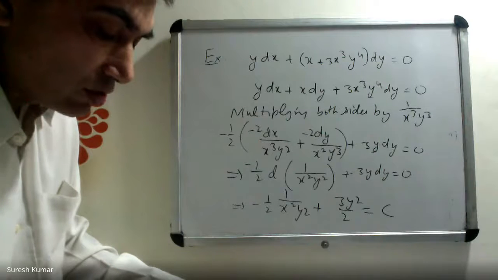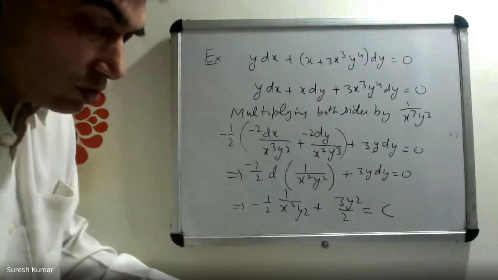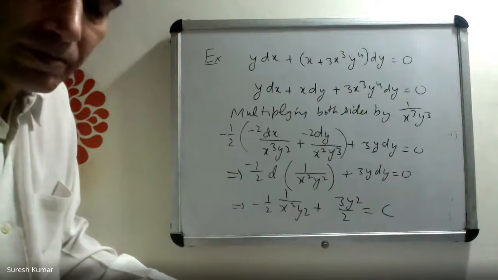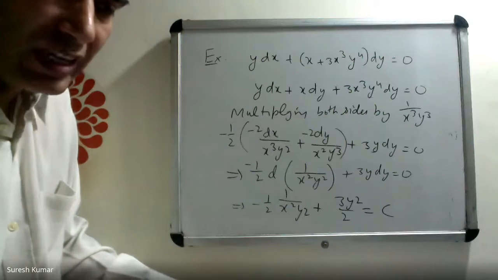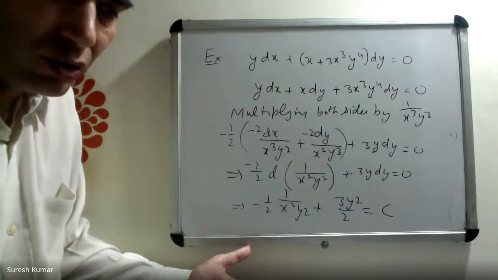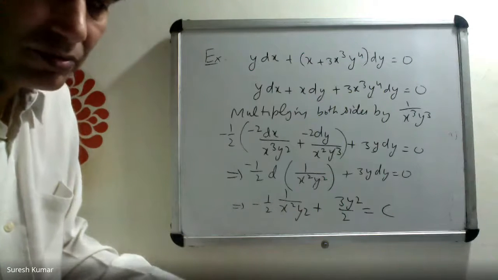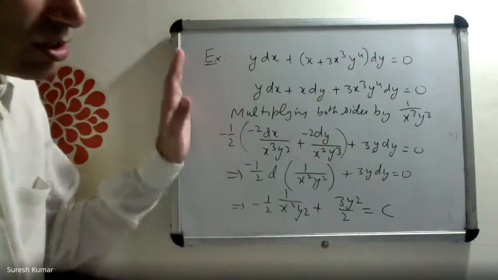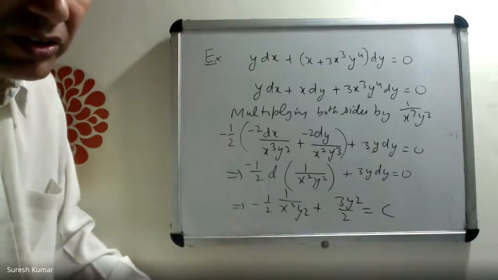Sir, I have a suggestion, sir. Instead, why can't we just, in the second equation, take xy equal to v and take dv plus 3v cube into y dy? That will be easier. The differential equation can be solved in many ways. Okay. So if you find some other suitable substitution, you can try that. I'm just trying to explain how to think of the integrating factor.